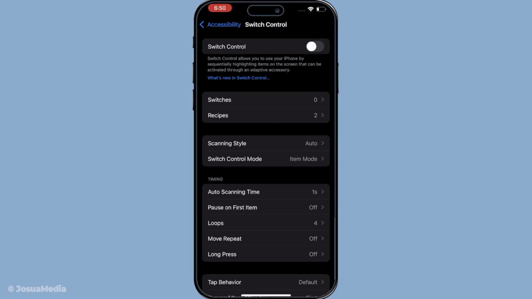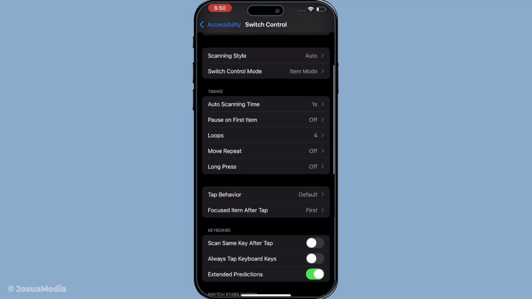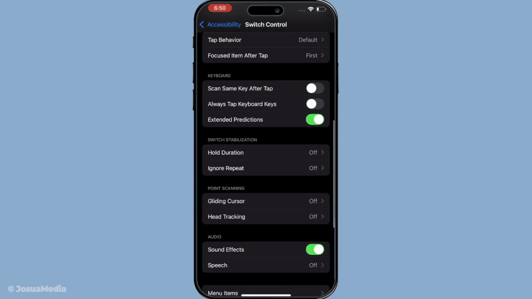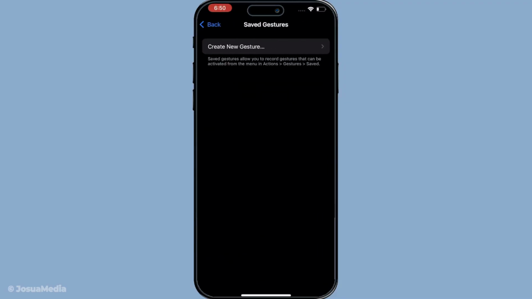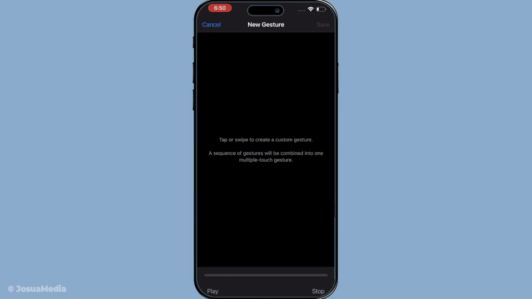Alright, now that I'm here on the Switch Control screen, I start scrolling down through the available options. I keep moving slowly until I find Saved Gesture. Once I see it, I tap on Saved Gesture, and that opens up the section where gestures are stored and managed. From here, I tap on Create New Gesture, and this brings up a blank space where I can draw